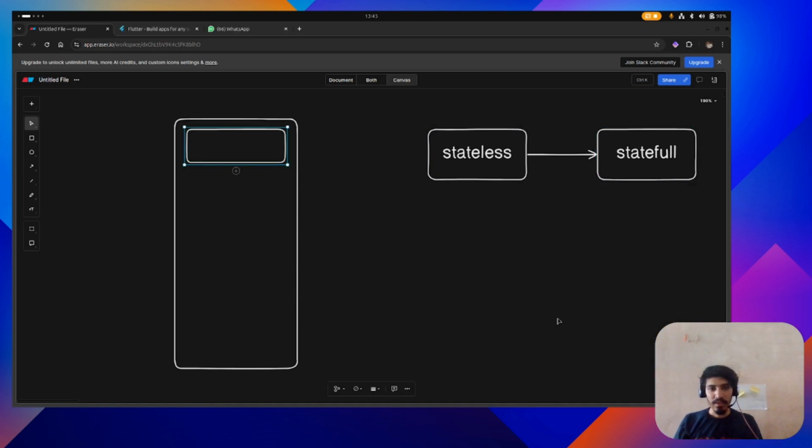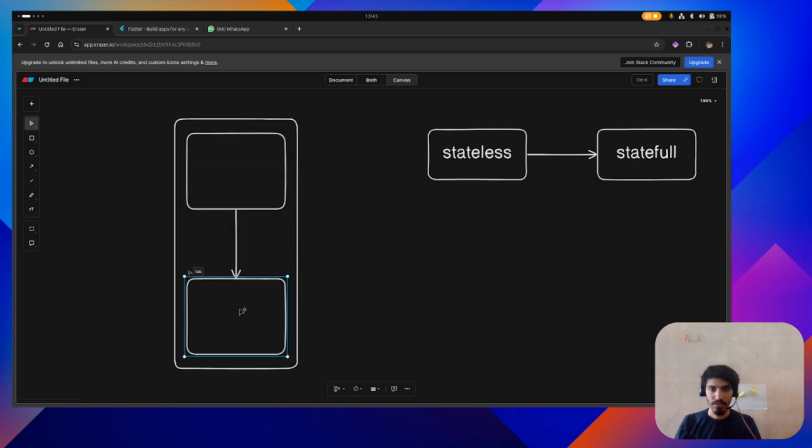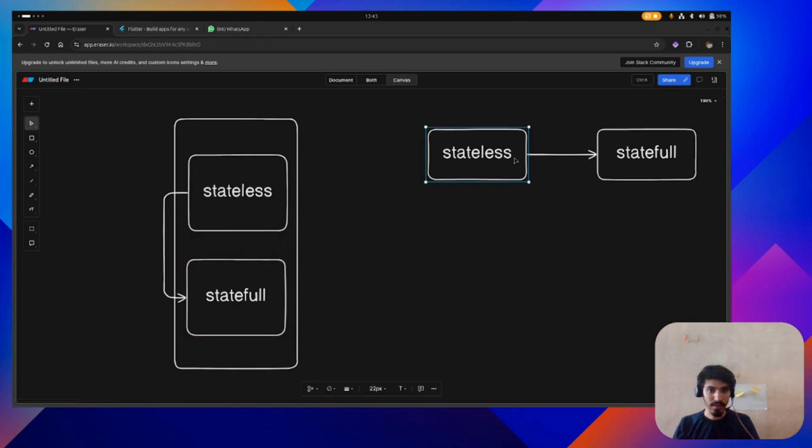So the difference between stateless widget and stateful widget is, let us take an example of this mobile app. If your mobile app contains two widgets, one is stateless and one is stateful, and your app is running on your mobile. So what the thing is,